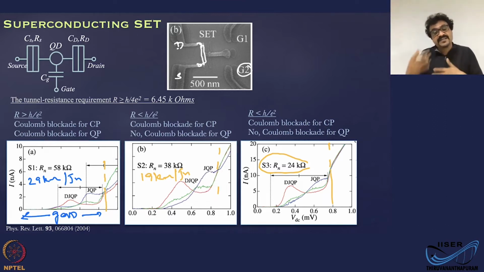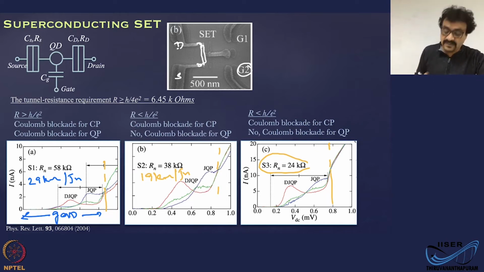You have enhanced the Josephson tunneling effect. Okay, but you have almost lost the charging effects of quasi-particles because your resistance requirement is now not satisfied. You have only 19 kilo ohm per junction, whereas you are supposed to have 25 kilo ohm per junction to have strong charging effects of